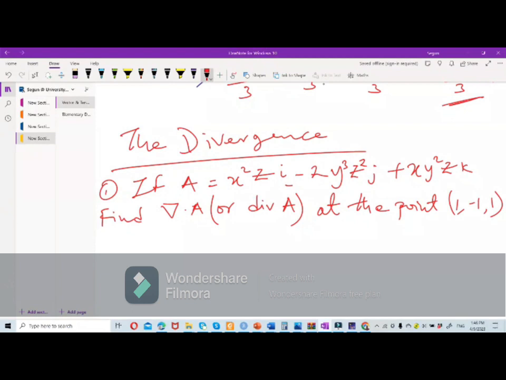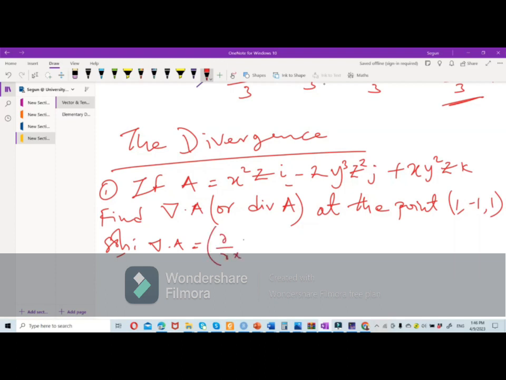Now, this is dot, don't forget. It simply means anytime you see dot, you cannot get the component again. You will definitely get a normal answer, a solution or figure rather. So it's going to be del dot A, which is the same thing as